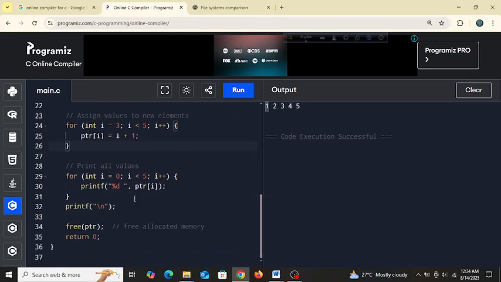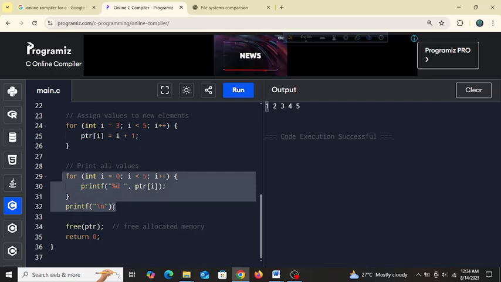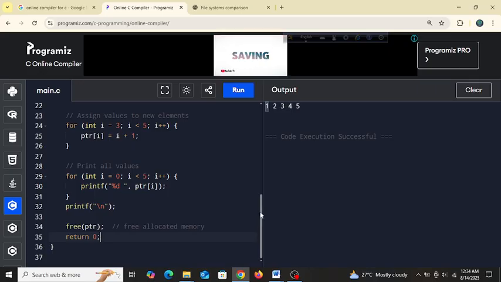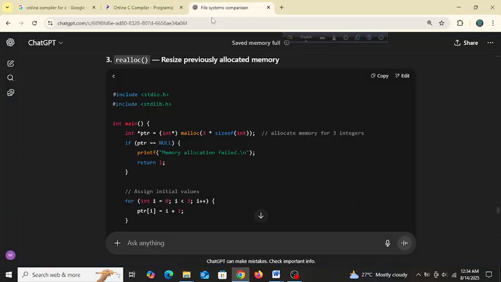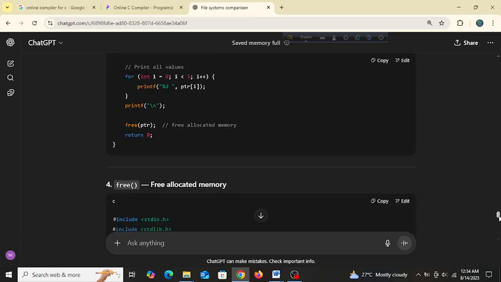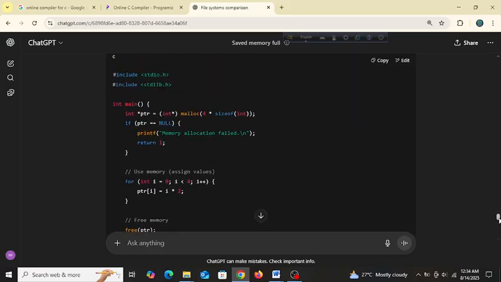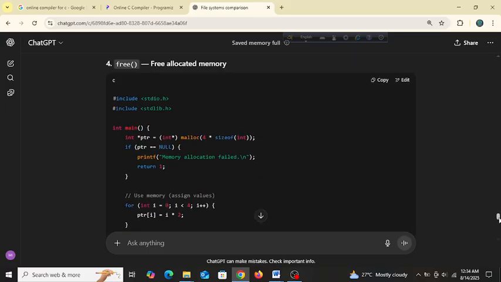Print all values, and all the values are printed here, and then we are freeing the ptr, okay. I hope you understand, guys. Not so difficult, right? Free allocated memory. So free is also a function.